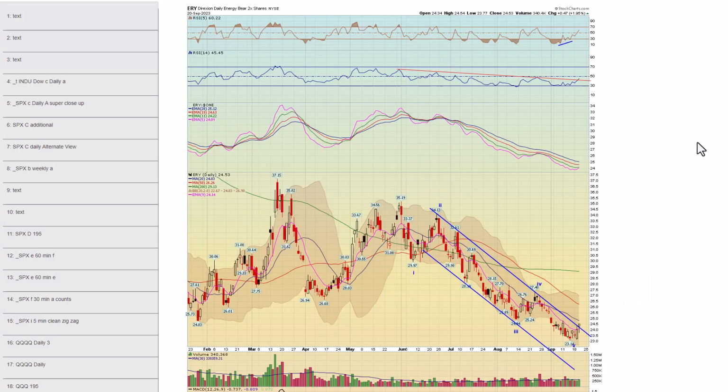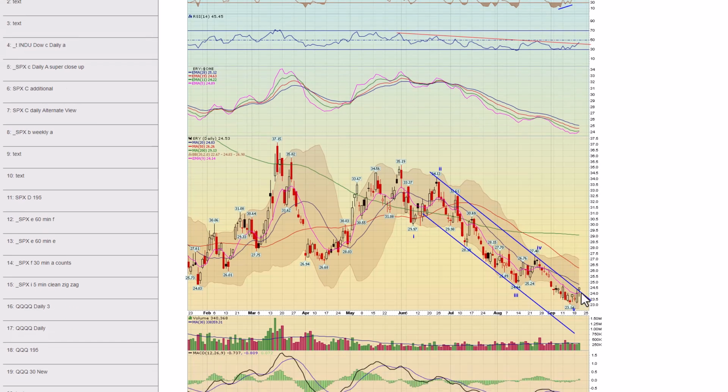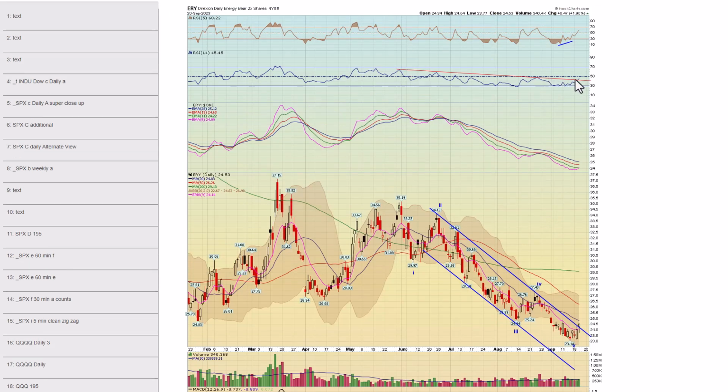Next, chart 48, here's ERY. That's the double inverse ETF for energy. Remember, I've had this on the list. Finally making a move here. You can see yesterday it tagged its downtrend channel line, confirming that it is important. Today it's breaking it, and we're above the 9 EMA. So I've been long this, giving it some room. My stop has been that last low here. Also, your RSI trend line here, trying to break that as well for a confirmation.